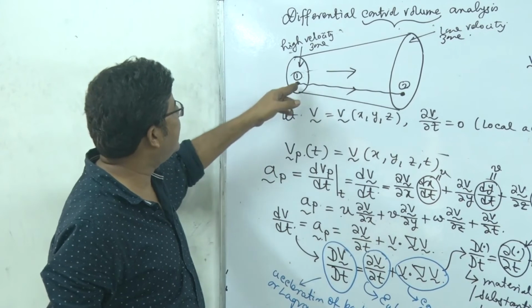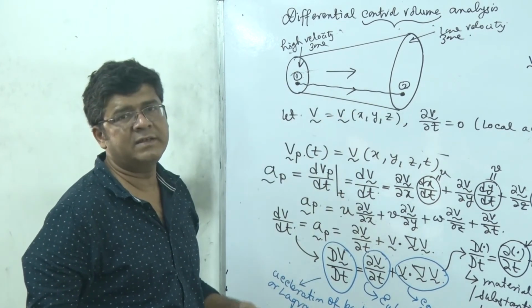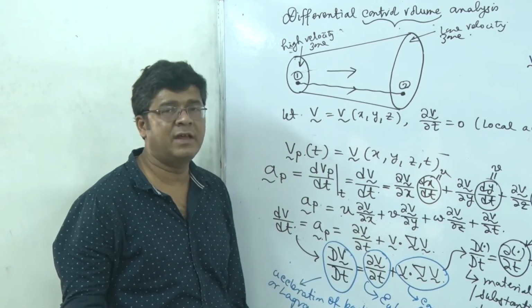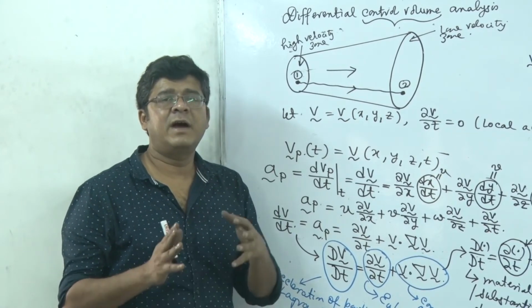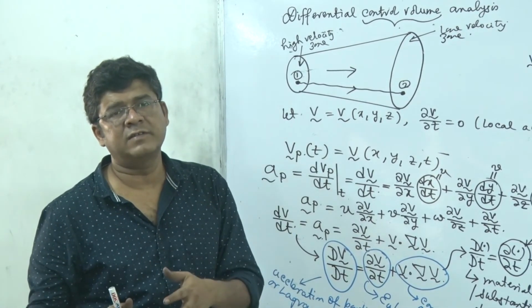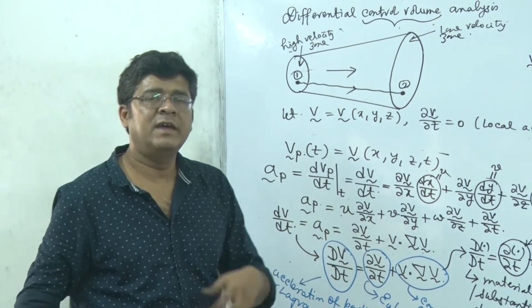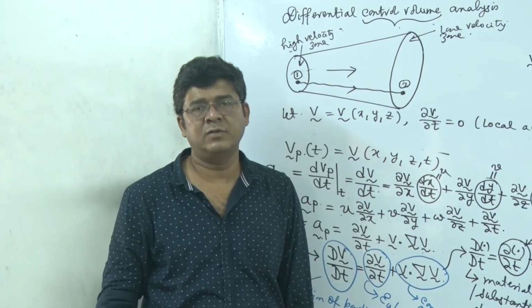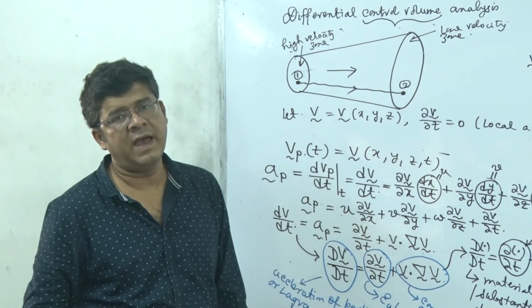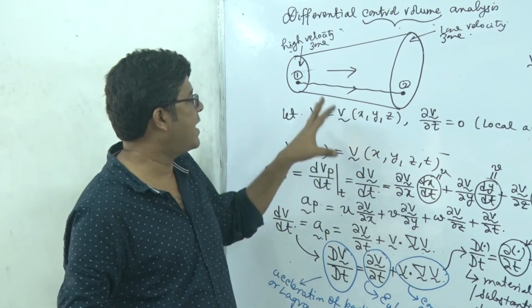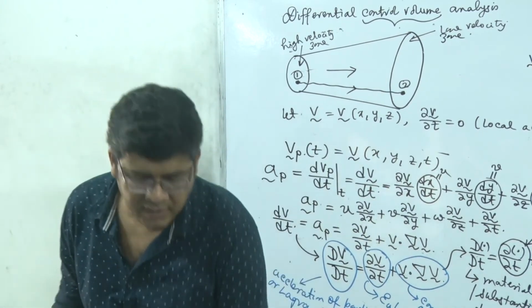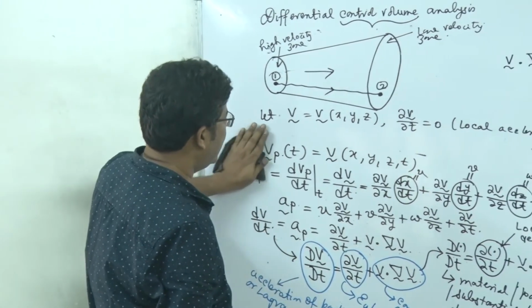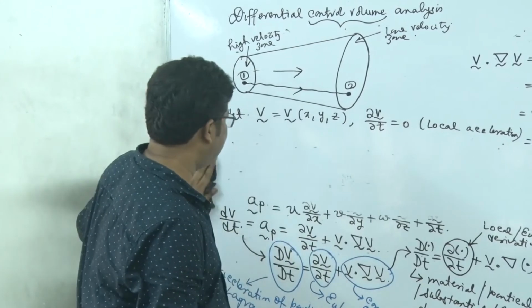So definitely we can say that from point 1 to point 2, the particle is undergoing some acceleration. So how come we are having acceleration when locally the velocity is not changing? The reason is the particle is being convected from one velocity zone to another velocity zone, and that's why it has to adjust its velocity to match the characteristic velocity of that specific zone. And this is called convective acceleration. So convective acceleration appears because the particle is being convected from one velocity region to another.